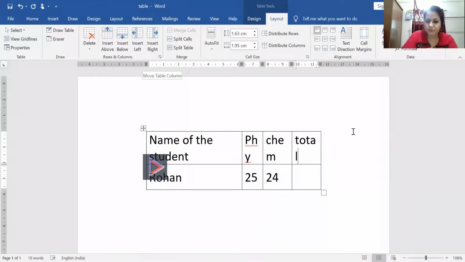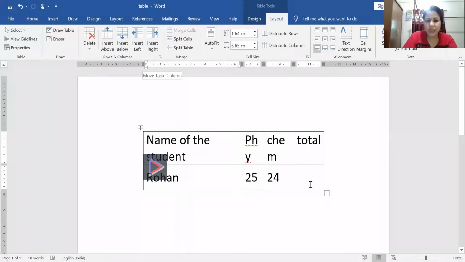Now what I will do here, just a little bit I increase. Now I come to the cell where I want to calculate the sum of these two cells. It is a little bit different from Excel, the formula will be different. Now you can go to the table and layout. Here you see the formula option is there.